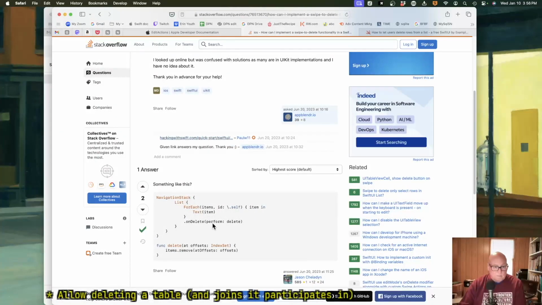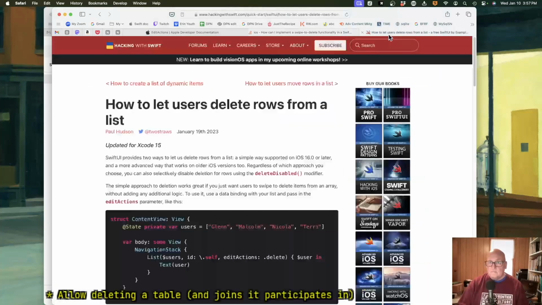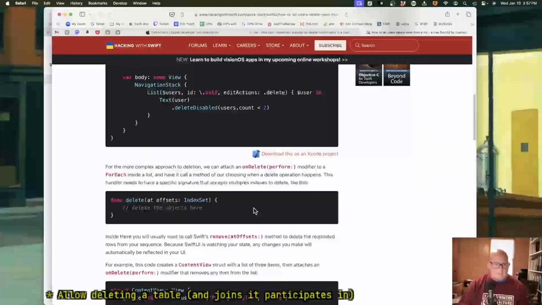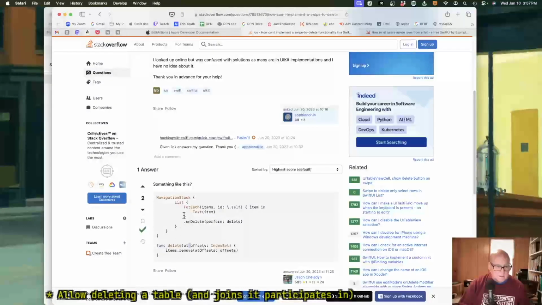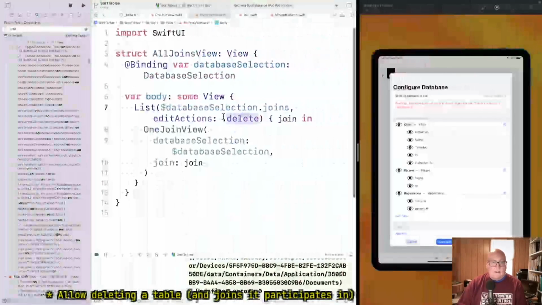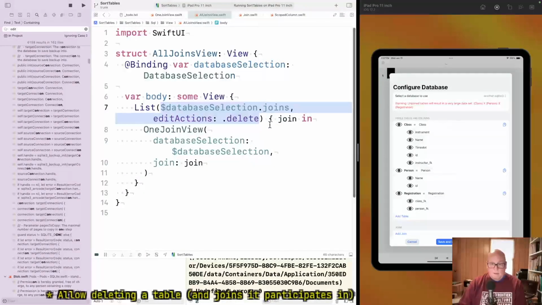Oh, you can do perform. Okay, okay. That's it. All right. So on the list, and then outside the for each. Oh, you can't. Okay, yeah, it changes the way. You can't use this form of the list. Yeah, I think we can, given a database selection, we can figure out what's right. Okay, so